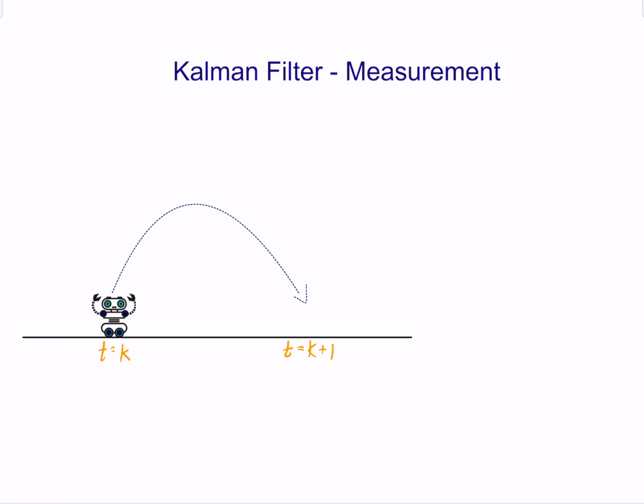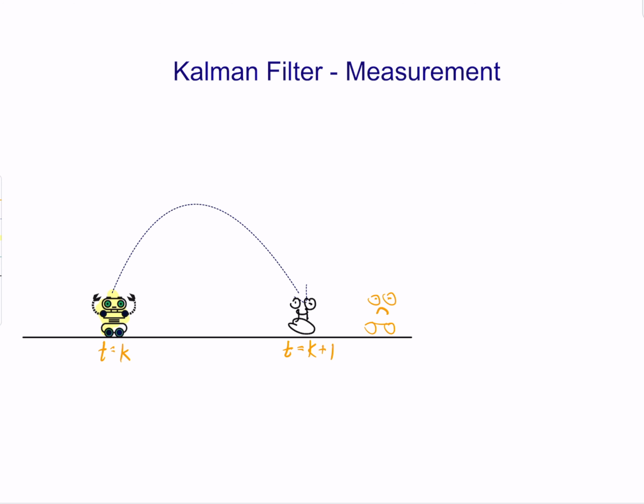If you remember, the Kalman filter is the weighted average between the prediction based on the motion model and the measurement. So, this is my robot at time k, and the motion model predicts that at time k plus 1, I will be over here. Remember, it's just a prediction. Now, I get a measurement from the sensor, and the measurement shows me that my robot is located here. Maybe it's sad because it's not where I thought it was. The question is, what do I do?